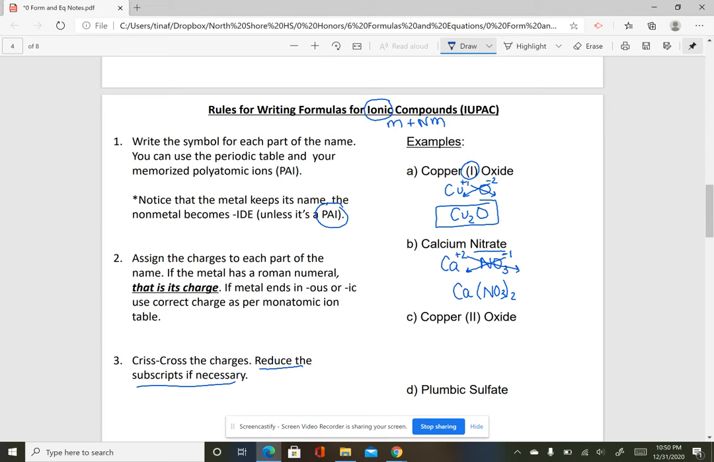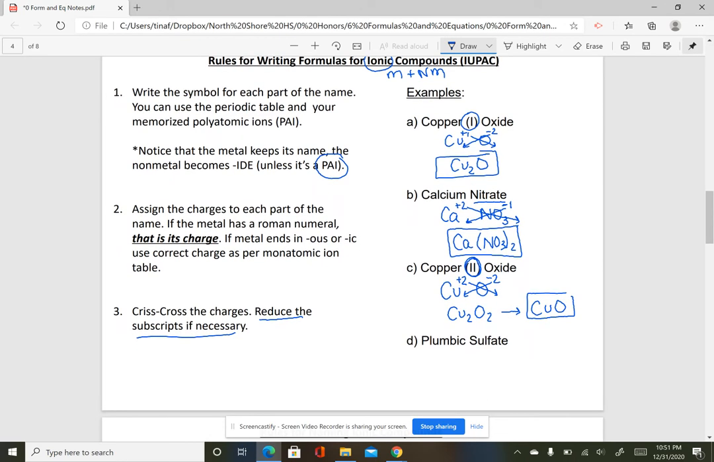All right, copper 2 oxide. Cu +2. I know it's a +2 because they're telling me it's +2. O -2. If I crisscross, I get Cu2O2, and that I can reduce. And guys, if you can reduce and you don't, then that's wrong. Okay, so 2 and 2 can be reduced or simplified to 1 to 1. It's like simplifying a fraction. Okay,